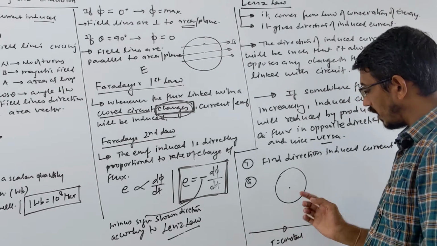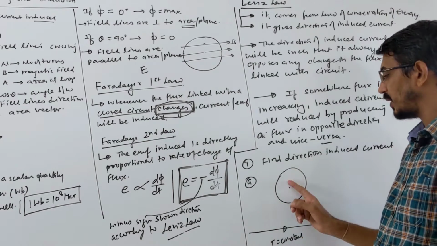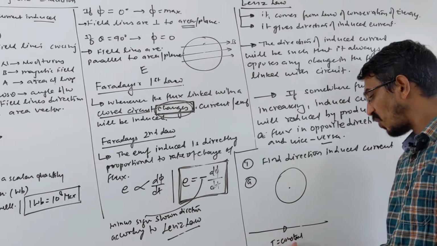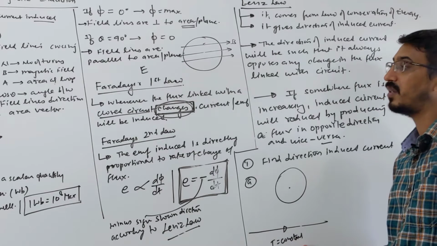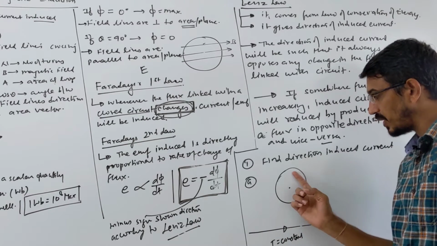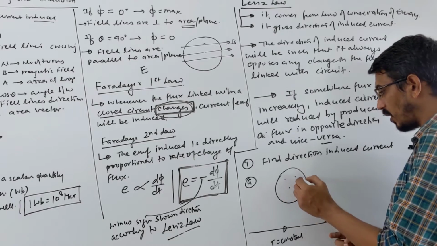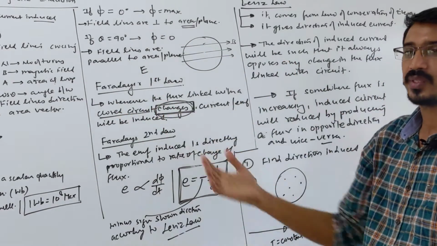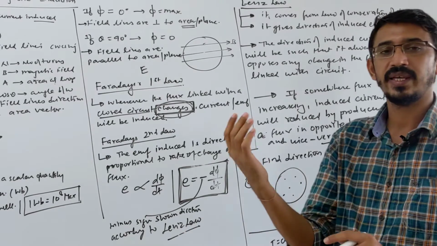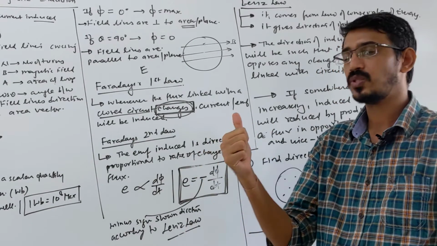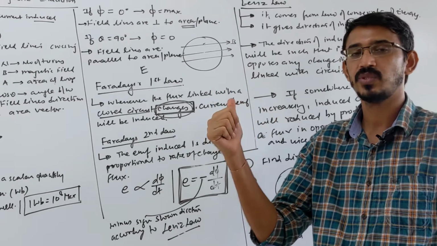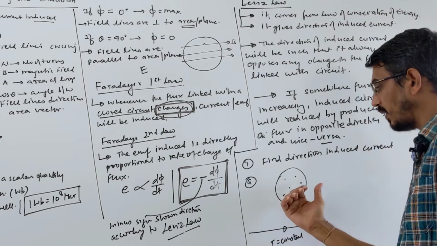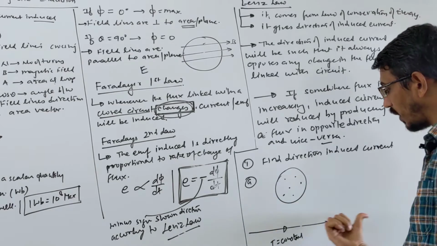So what is the direction of the field produced in this loop? First it is outward, right? But what is the main thing here? Constant current. Constant current means what? The field produced in this loop is outward, shown as a dot, because you grab it in your hand. Remember our last chapter, the right hand rule: the thumb shows the direction of current, and the fingers show the direction of the field. So when you grab this wire in your hand, fingers come outward, thumb showing the direction of current.